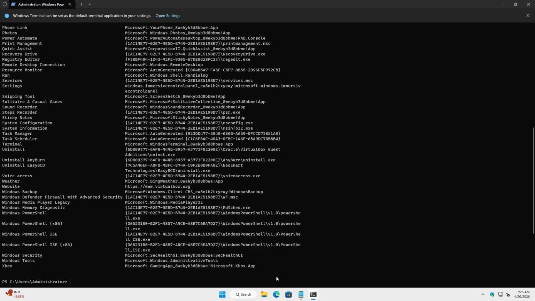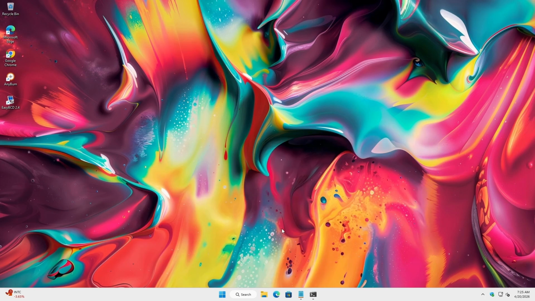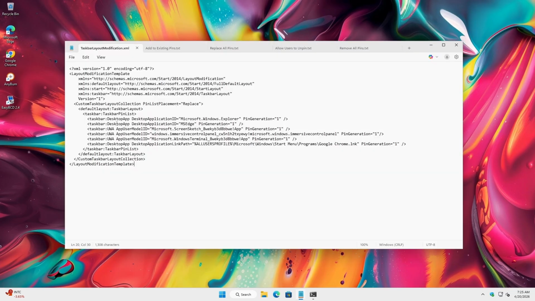Phase 2. Understanding XML pin types. In your XML file, you can define applications using 3 different methods. Desktop Application ID, best for standard Windows components. For example, Application User Model ID, a UMID, required for UWP Microsoft Store apps. For example,